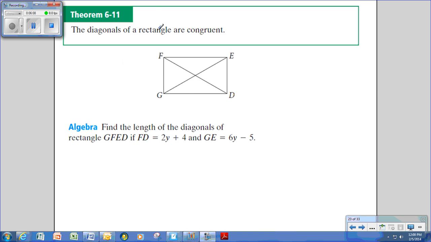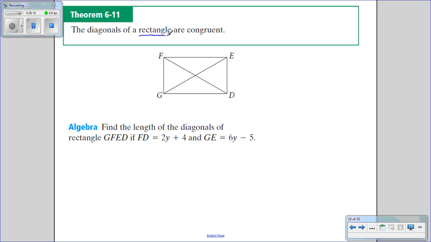Now we're going to talk about a rectangle. The diagonals of a rectangle are congruent. So in this diagram, FD, that's this diagonal, would be the exact same length as the other diagonal, GE. So we're going to use that concept to set up equations to solve and find lengths of diagonals of